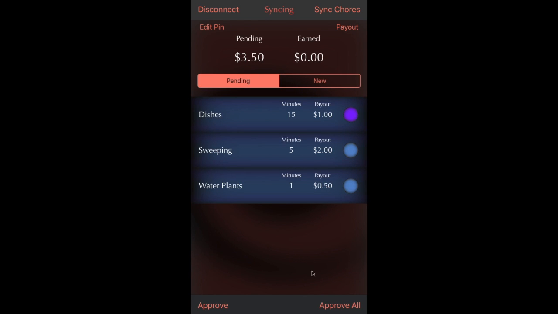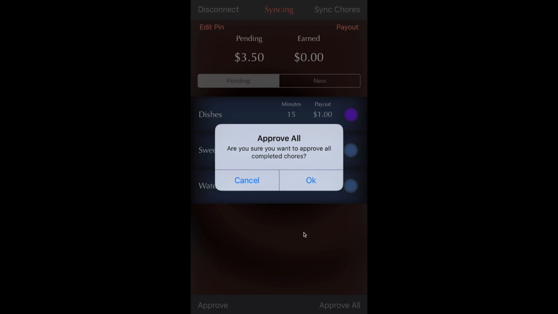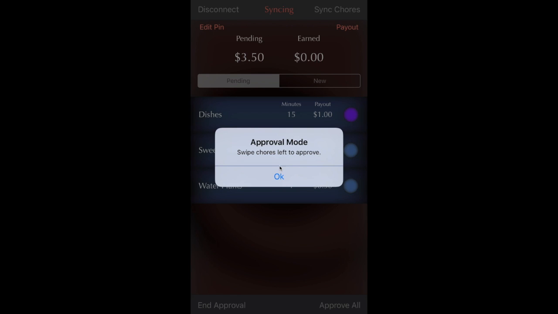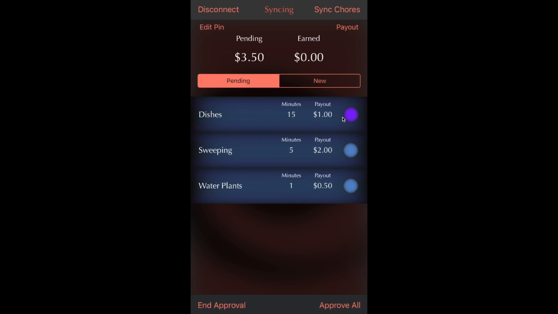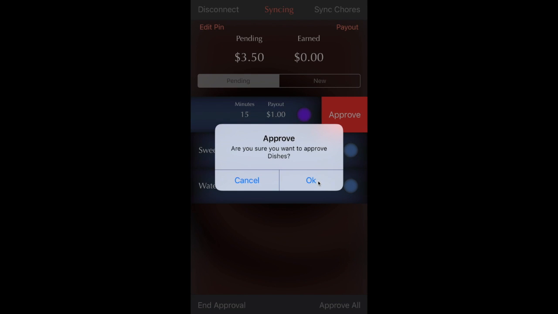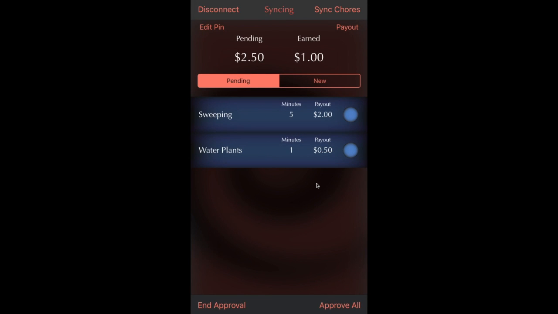Now that the chores have been completed, the parent is able to approve all, which will then allow them to cancel, or OK, which completes all chores and notifies the child user. They're also able to put everything into approve mode, which lets them know that the chores need to be swiped left to complete. Upon swiping left, they're able to complete an approve button, again prompting them to verify that they do want to approve the chore, which will then dynamically update on the child device, notifying the child that the